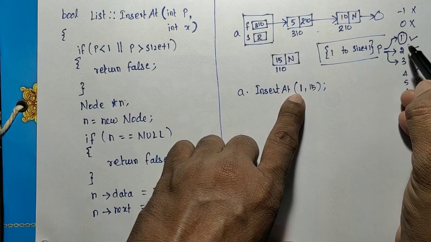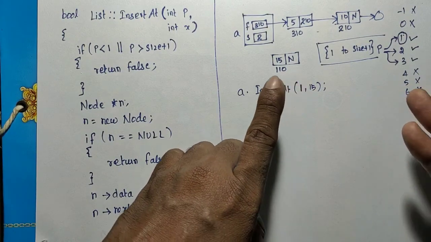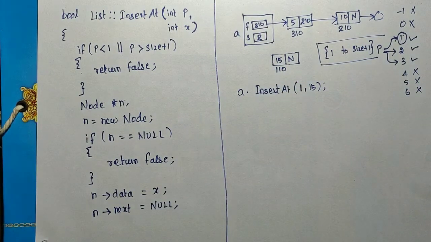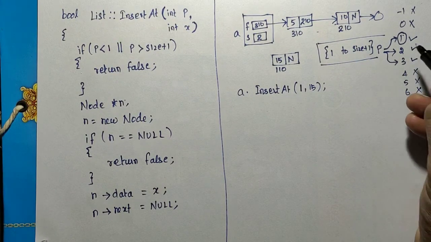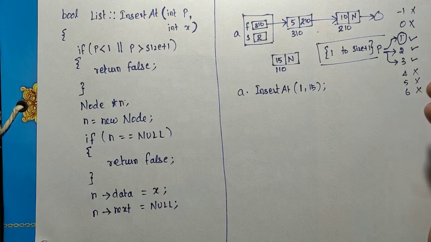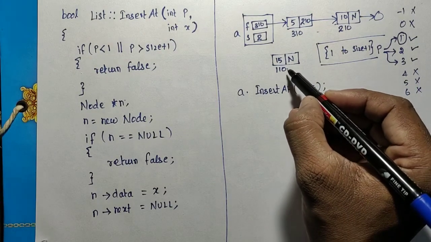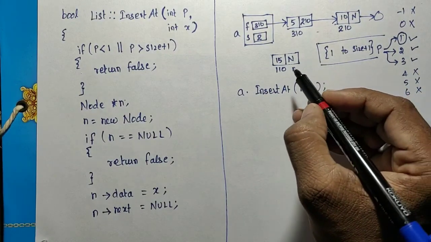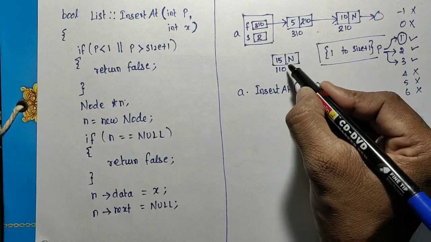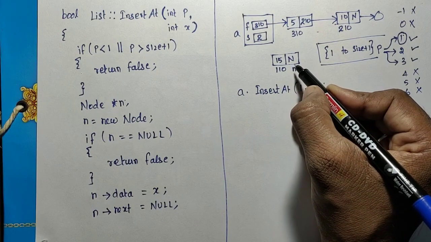If the position is other than this one, I need to search the corresponding position. I have to find the parent node to which I need to link the new node. We have to do the search if p equal to 2, 3 or any other values. If p equal to 1, no need to search the parent node to which the new node has to be linked. This is the new node n. I need to search to which parent I have to create the link.